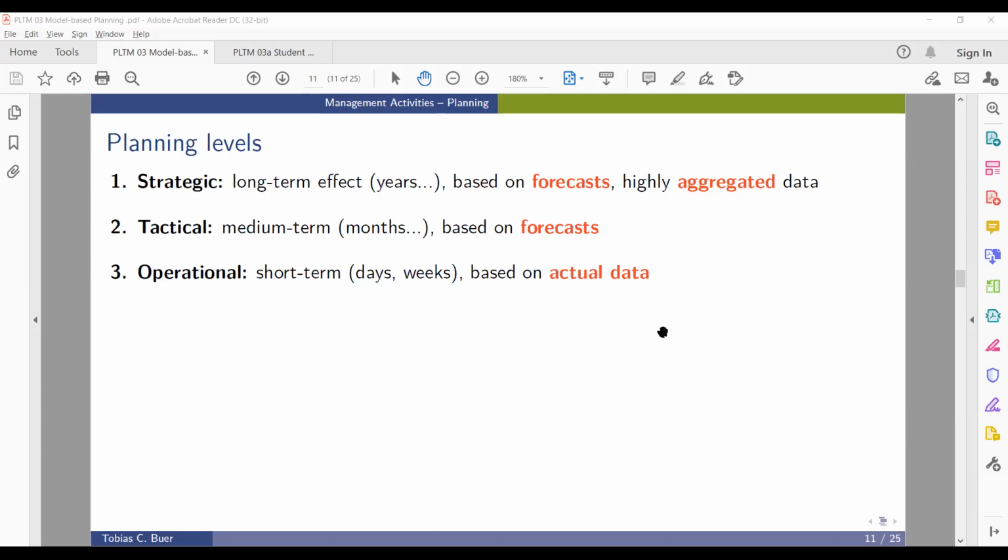Now, when we go to the tactical and strategic decisions, of course, the planning is still based on some data that is in our systems, but now we try to make these decisions more and more on a different nature of data. We try to integrate forecasts in our decision making. What is a forecast? What do you think is a forecast?